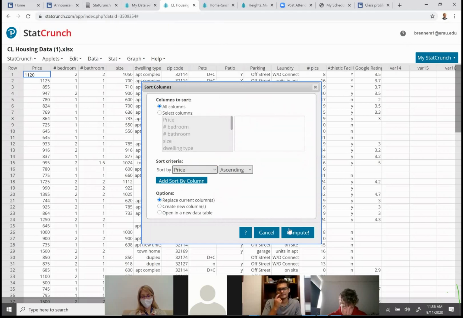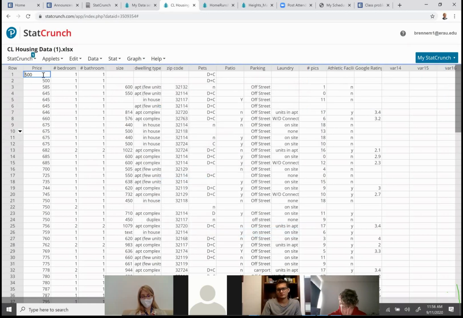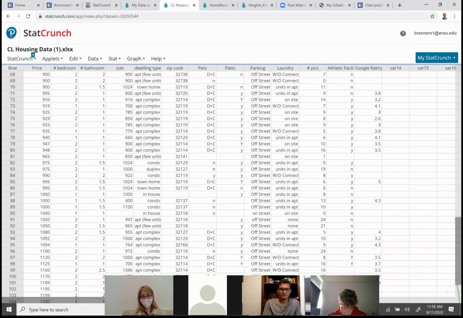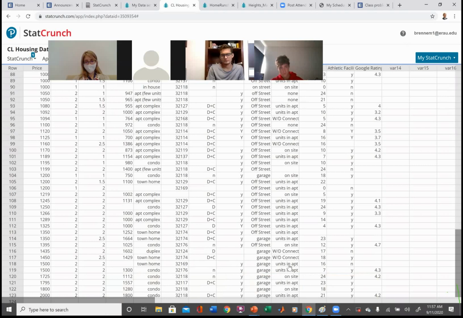So there's price. All right, and so if I look at the data values, I have one apartment for 500. I don't know where that is, but it's possible. It's not invalid, right? And if I scroll down, the maximum price was 2,000. Okay, which is certainly possible. So we have no invalid data values, right?